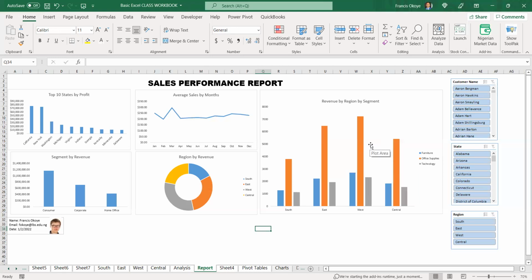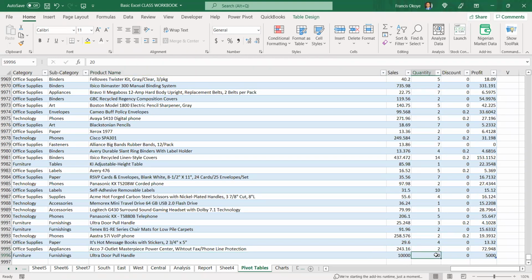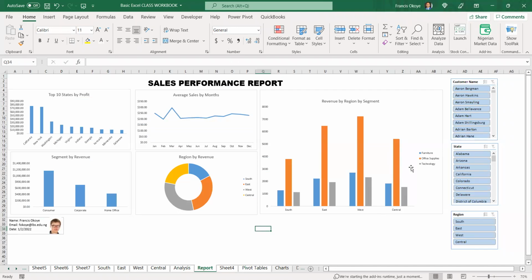Was there any difference here? Okay, let me go back to that table. Let me increase it, let me see the reports. So let's say this furniture, right? Okay, you know what we have done? It was just for one period that we just added. Meanwhile, this is a total. So let me say, for example,